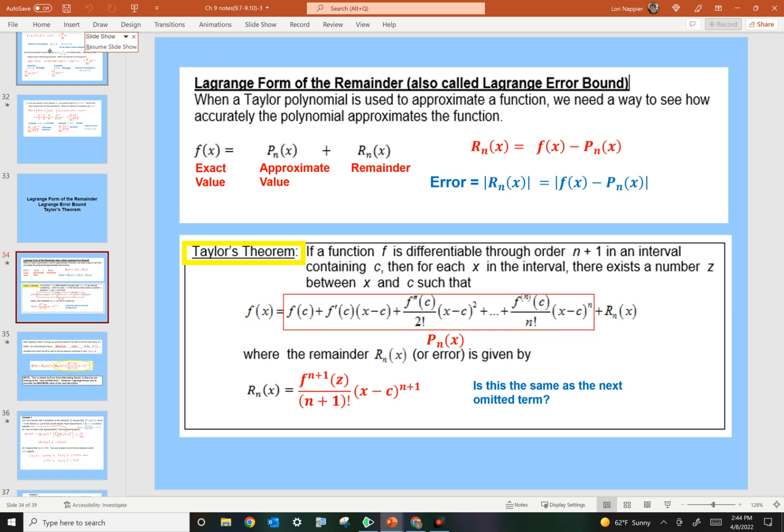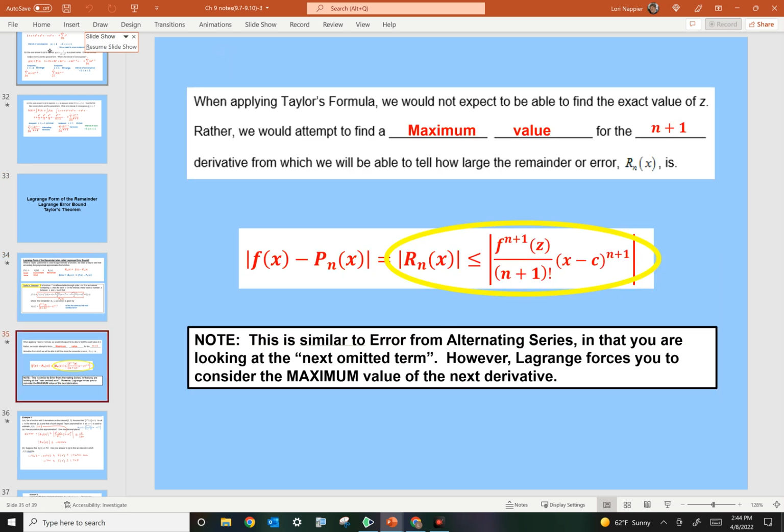So we talked about the alternating remainder, or the alternating series error. Okay, so we have one kind of an error. Today we talk about, well, can you do an error type thing like that if it's not alternating? That's what today is about. Okay, so